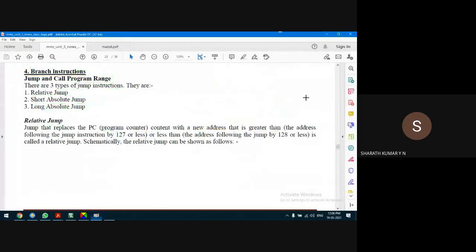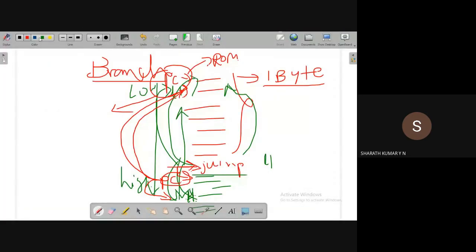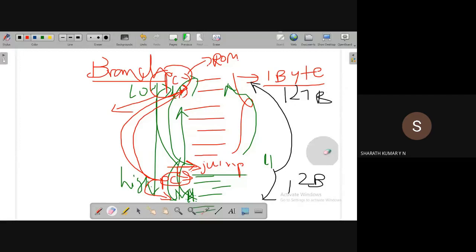That means this range, guys, what the author is trying to say is this range is 127 bytes, in the forward direction or in the backward direction. It should be less than or equal to, sorry, I said 12 bytes, I'm sorry, less than or equal to 127 bytes.